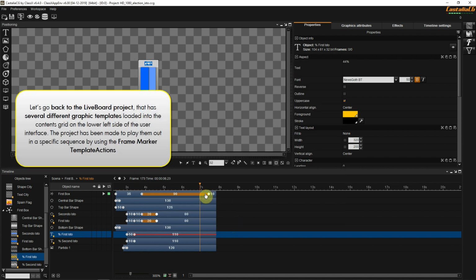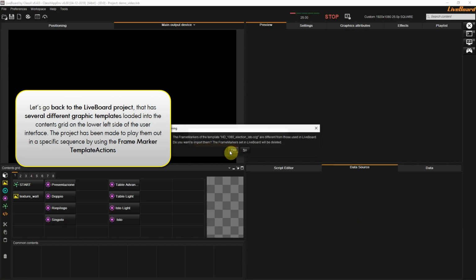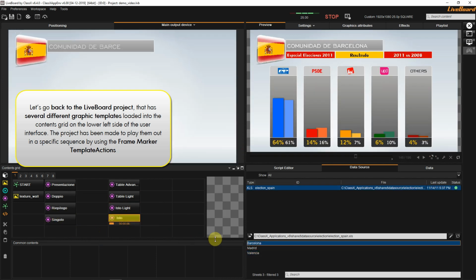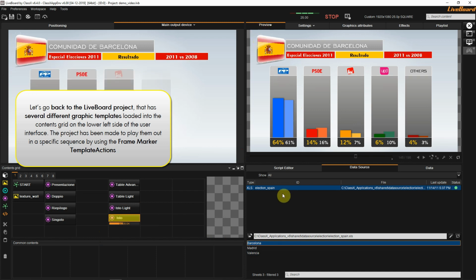So let's go back now to the Liveboard project that has several different graphic templates loaded into the contents grid on the lower left side of the user interface. The project has been made to play them out in a specific sequence by using the frame marker